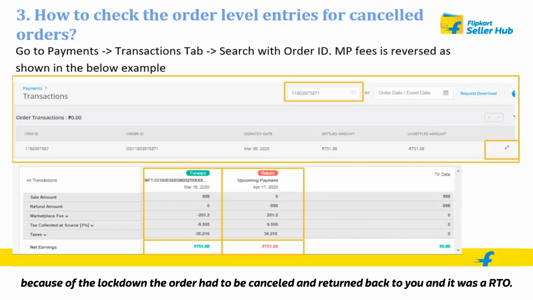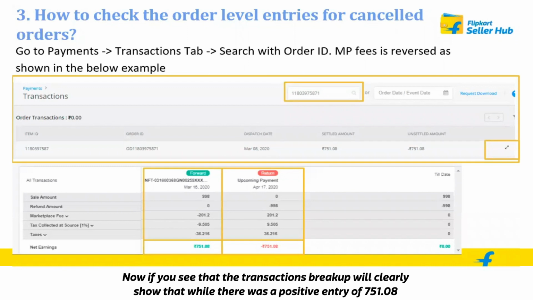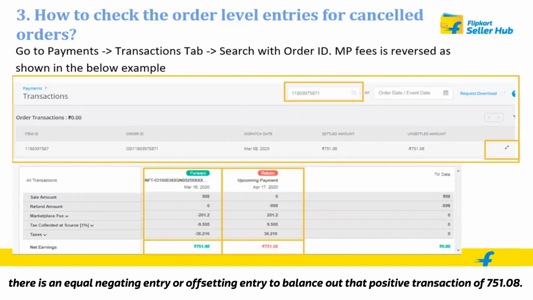Because of the lockdown, the order had to be cancelled and returned back to you, and it was an RTO. Now, the transactions breakup will clearly show that while there was a positive entry of 751.08, there is an equal negating entry, or an offsetting entry, to balance out that positive transaction of 751.08.